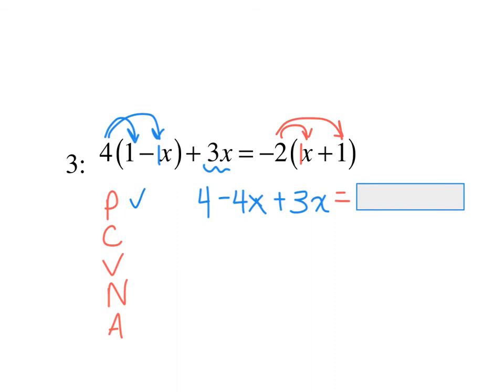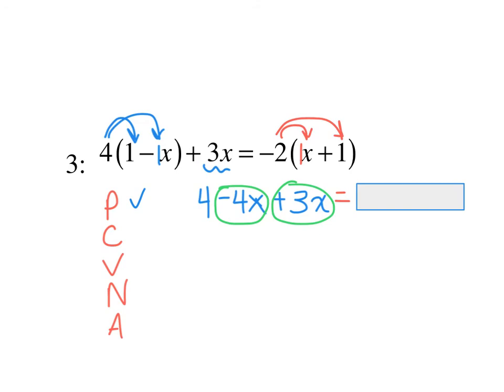So now what we're going to do is combine our like terms. So I have to ask myself, what are the like terms on the left-hand side of my equal sign? Well, the like terms are -4x and +3x. So I'm going to circle them so I can combine them. And I ask myself, what's -4x plus 3x? Well, -4 plus 3 is